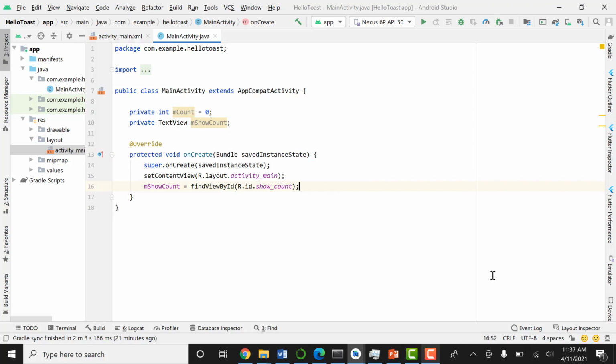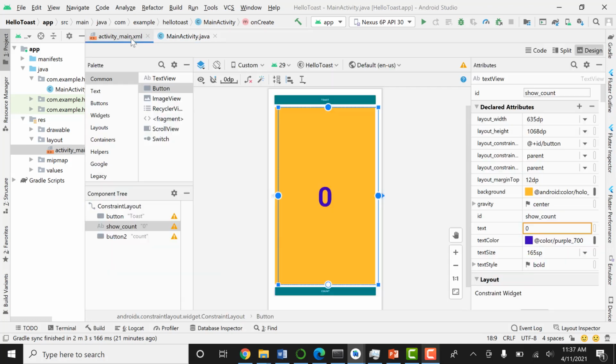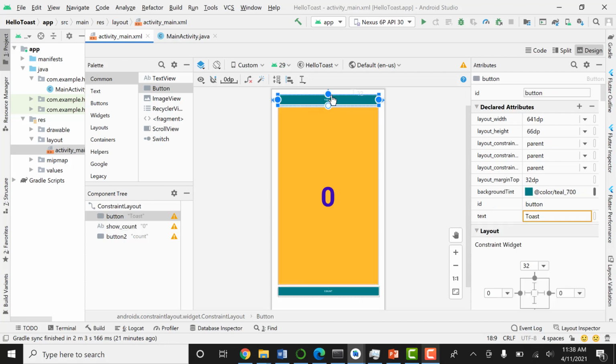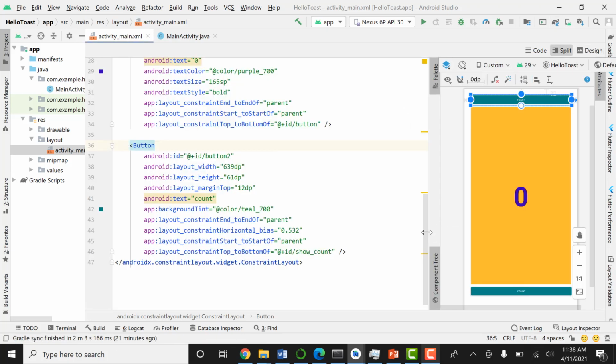Okay, after that we can come down and we have to create two methods, and these methods normally will be called when you click on these buttons, this toast button. Okay, so let me go to this split option,